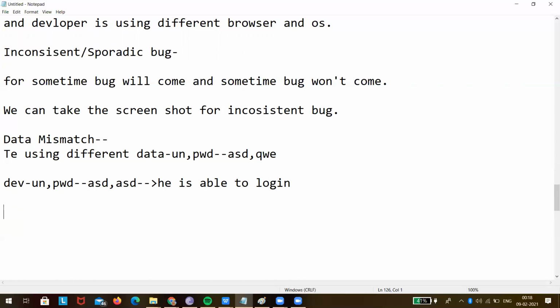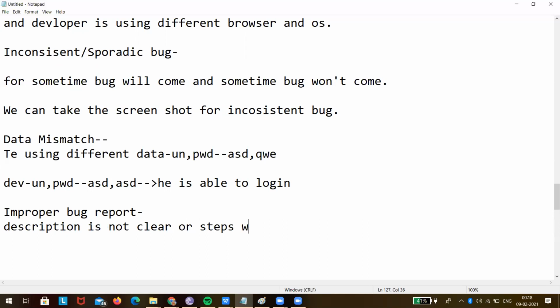There is something called an improper bug report. Improper bug report means what? The bug report is not telling the bug clearly. The description is not clear, or the steps written in the bug report are not clear.